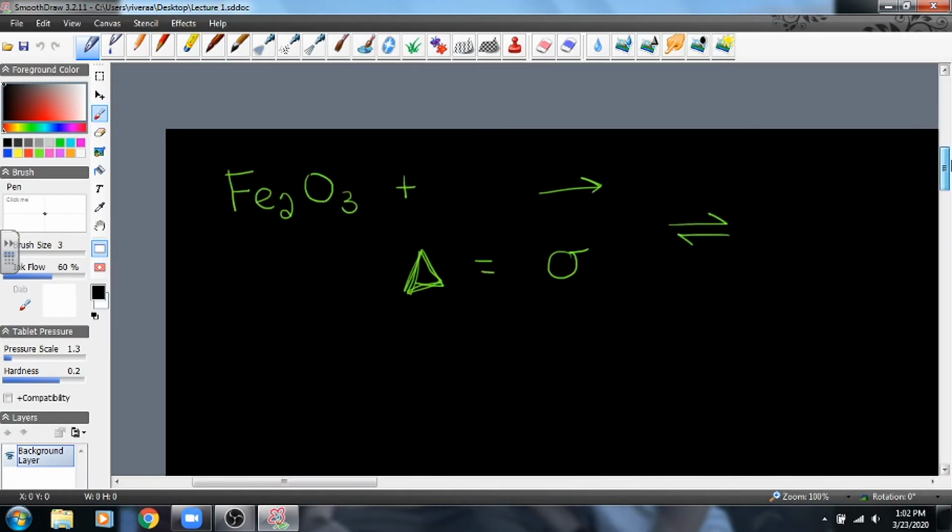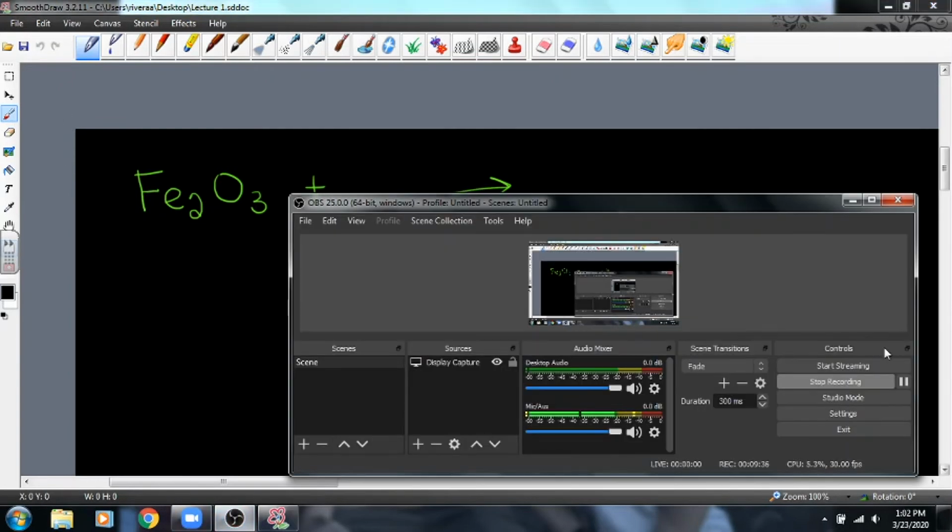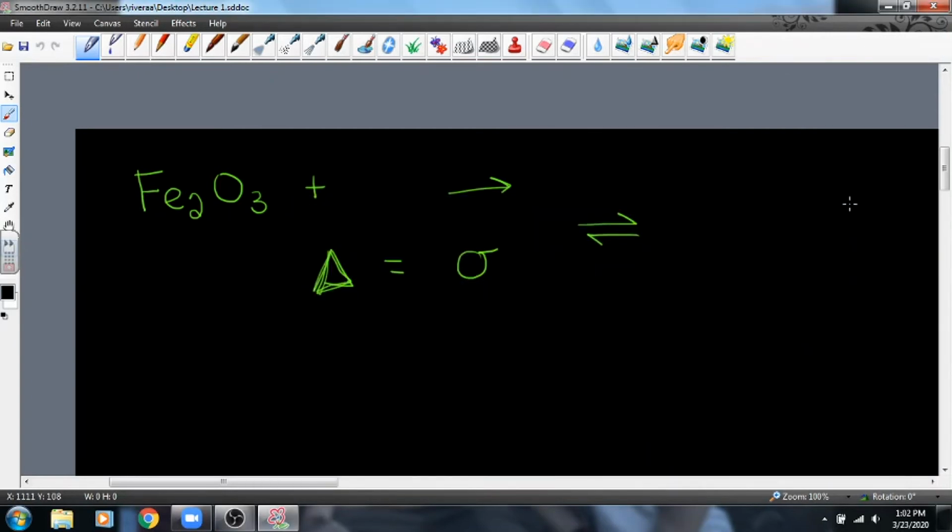If you even wanted more screen to work with, you can hide this left-hand panel. So you can go to View, hide that left panel, and make sure you're on your pen and ready to write for your lecture. Okay, so I would open up my OBS Studio. I would hit Start Recording. I would minimize it, and then I would go ahead and start giving my lecture on